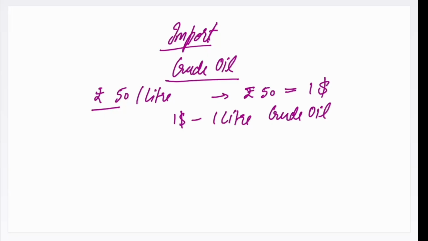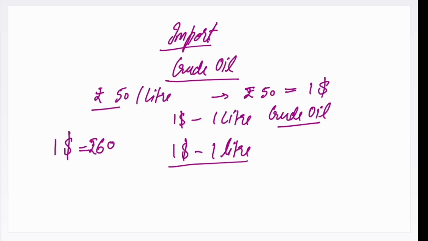Now what has happened? Suddenly the value of the Indian rupee has depreciated. So now $1 is equal to 60 rupees. Now to buy the same 1 liter of crude oil, we still need $1, because you're buying in the global market, where the dollar is the currency that is used. They don't identify Indian rupee. They say we want dollars. You give us dollars. Now the same 1 liter of crude oil costs rupees 60 to India